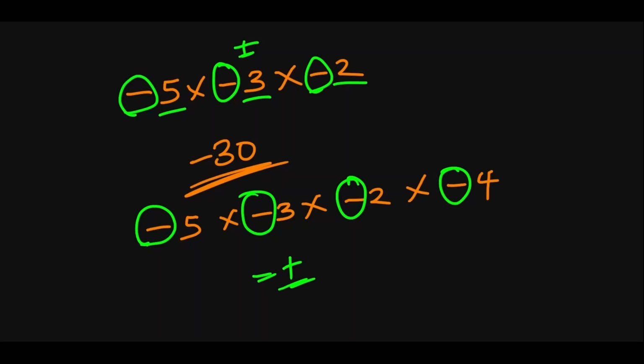So you see, the point is that it is not automatic that once you see two minuses in an expression that the answer is already plus. It depends on the total number of minuses available. So you keep on checking it. Minus times minus times minus times minus to know the final sign that the answer would have.